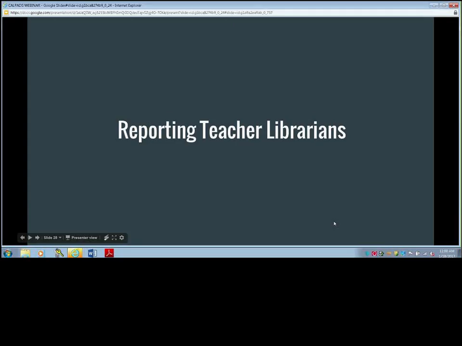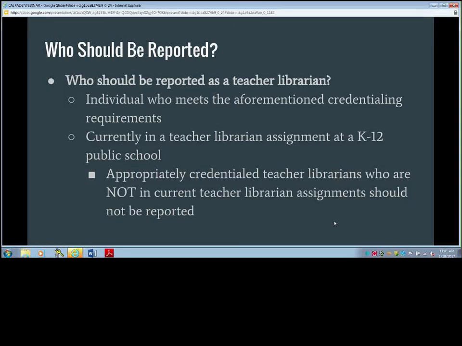Okay, so who should you report? The folks from CTC were gracious enough to provide us with all of the credentialing and authorization requirements for these individuals. Those are the individuals we want you to report as teacher librarians. One question I had for Renee was, are we talking about those who receive the emergency teacher librarian permit? Yes, we want those. Those individuals should also be reported as teacher librarians if they've met all of the requirements for the emergency permit. I also had a question about whether a teacher librarian at the district level would count as a teacher librarian, correct? You're going to address that. Oh, I jumped ahead? Yes, you jumped ahead.